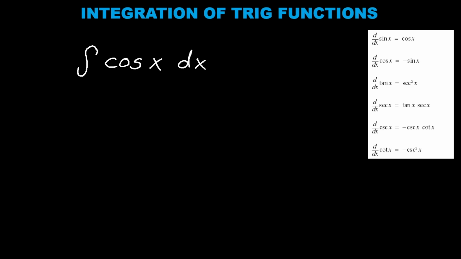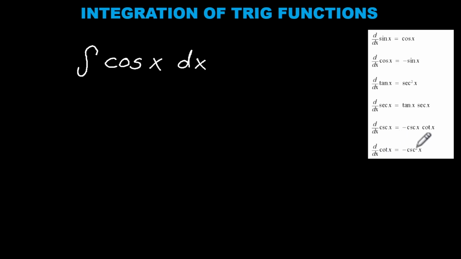Integration of trig functions doesn't work the same way as the antiderivative when you are reversing the power rule from differential calculus. Instead, what it relies on are over here: the derivative of sine x is cosine x, the derivative of cosine x is minus sine x, the derivative of tangent x is secant squared x, the derivative of secant x is tangent x secant x, the derivative of cosecant is minus cosecant cotangent, and the derivative of cotangent is